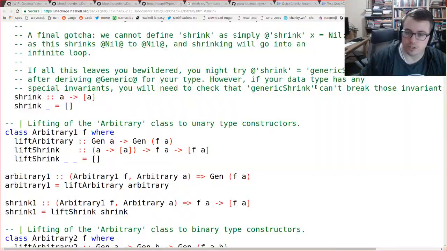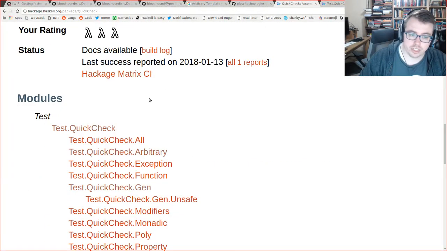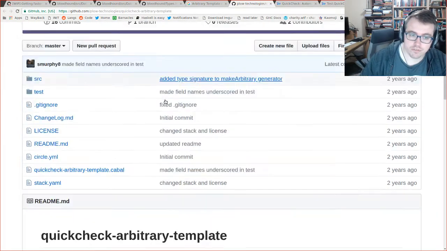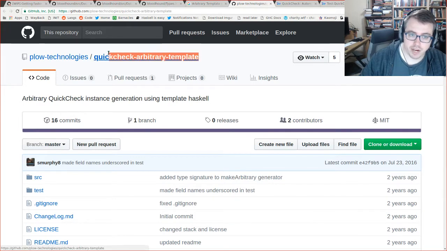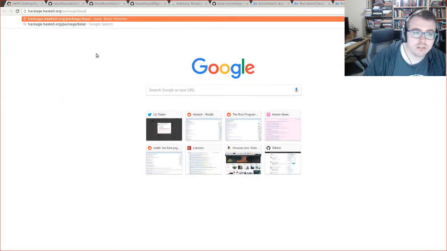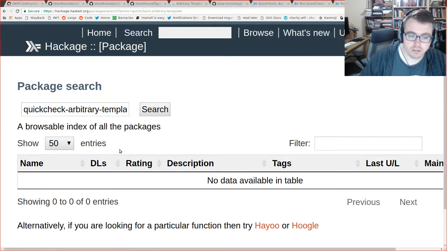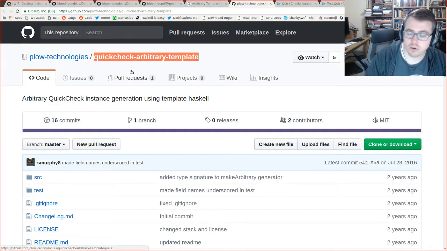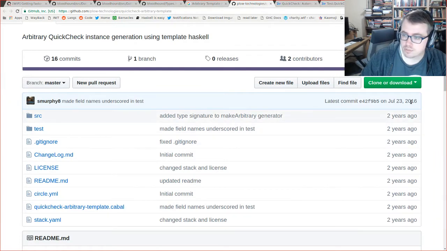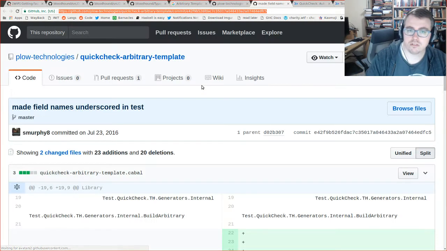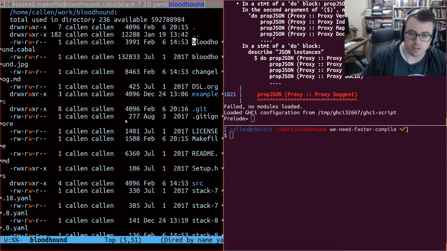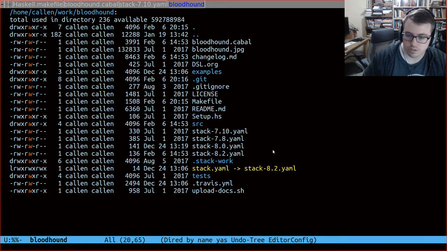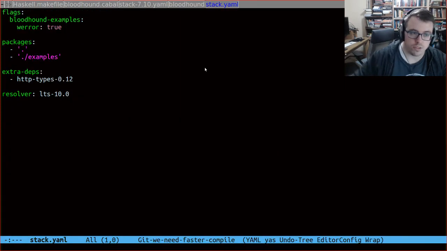So now what we're gonna do is pull in the thing I found from this, and I'm gonna check and see if this is on Hackage. Let's see what we got here. It is not. So what we are going to do is pull this in via stack. Whoops. So we're going to do the vanilla stack,